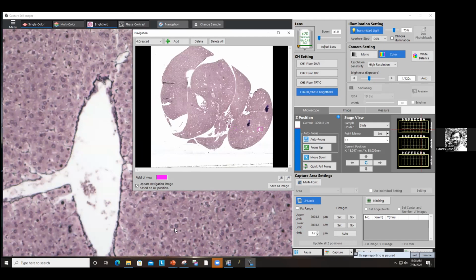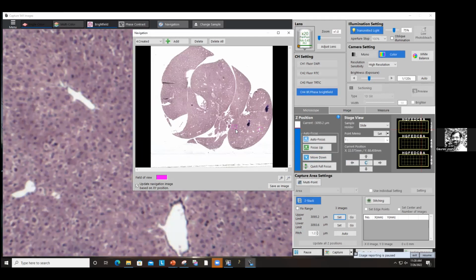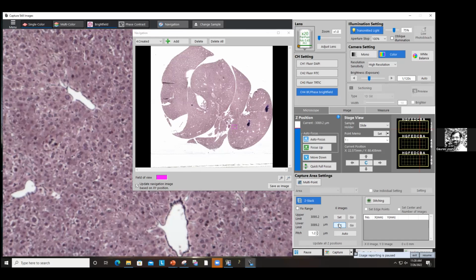So I'll go ahead and set this up as my upper limit, come back to this region, which is about 3088 or 89, and set that as my lower limit. And I'm happy with that, right? And it's going to acquire about 6 images. I don't need to do every 1 micron apart. I can do 2 micron apart